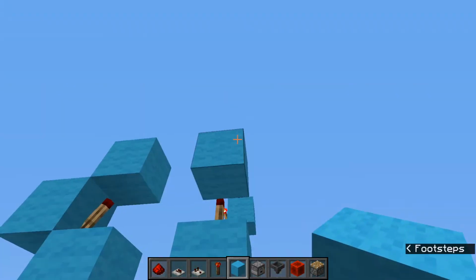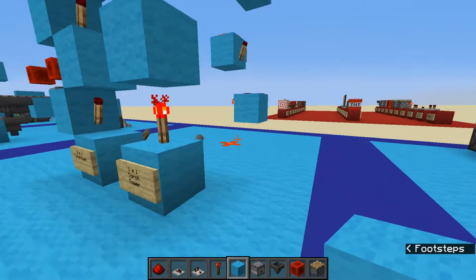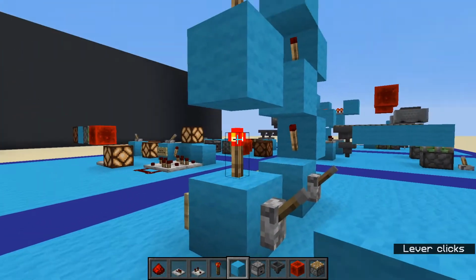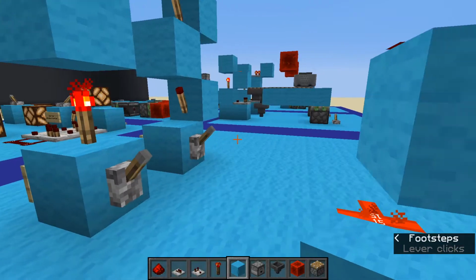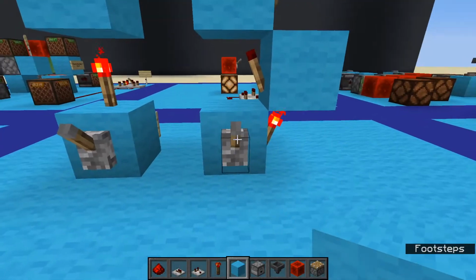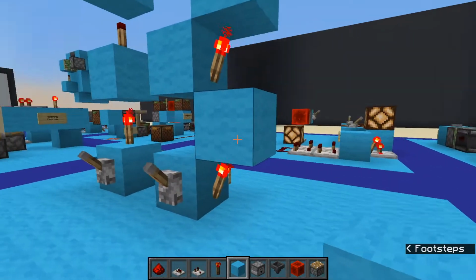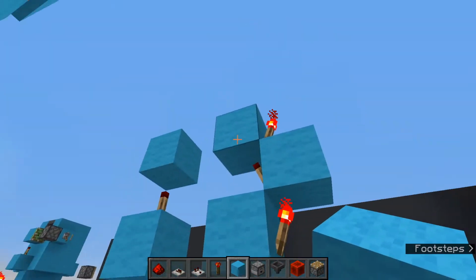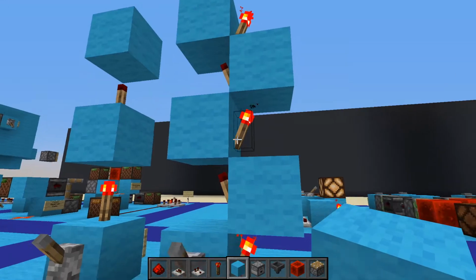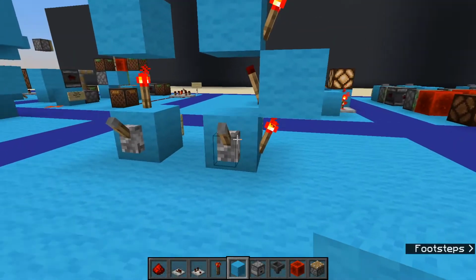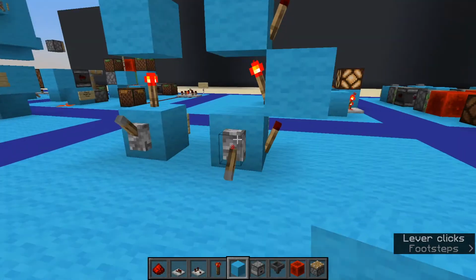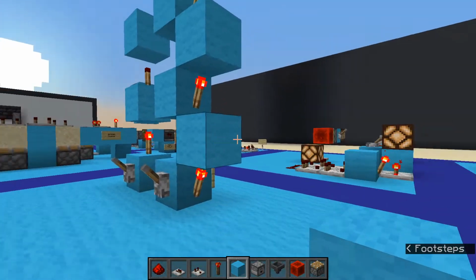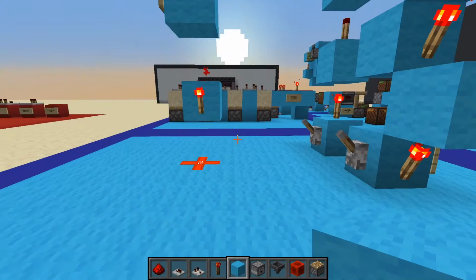Next, we have a 1x1 torch tower. They transport signals upwards with 1 tick delay on every 2 blocks. This thing here is a bit slower. It has a delay of 1 tick on every block. It's also 2 blocks wide. Why should you use this one? Because it uses way more torches, like double the amount of torches. It looks cool. It's used mostly for animating stuff on a screen or something like that,